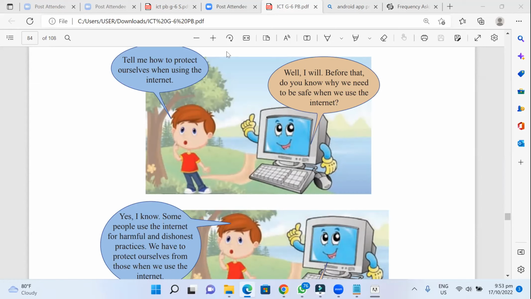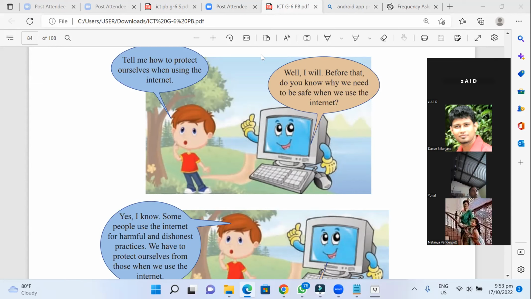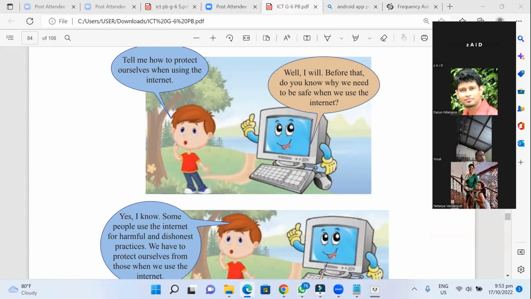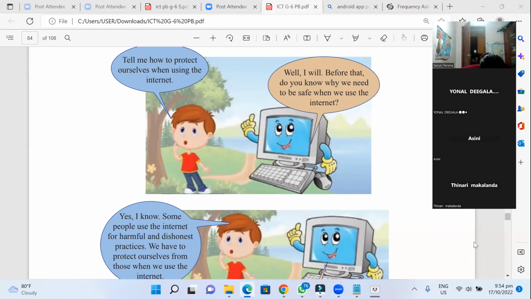Come on, all of you, please turn on the cameras. Otherwise, I don't know whether you are listening to the lesson or not. This is not acceptable because you are not answering. All of you need to turn on the cameras. Quickly. I can see Yonal, not others. You need to turn on the cameras, otherwise respond to the questions, because I don't know what you're doing.